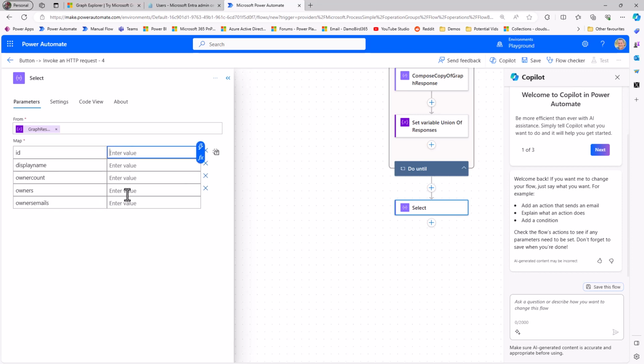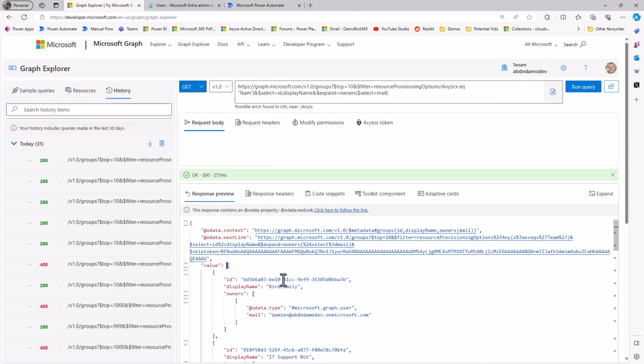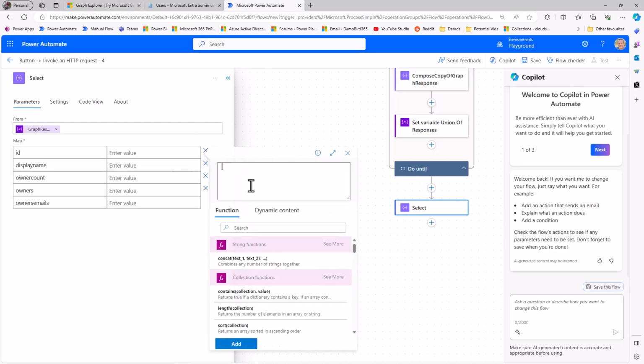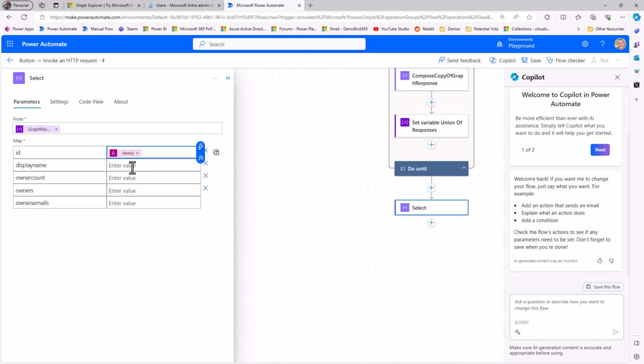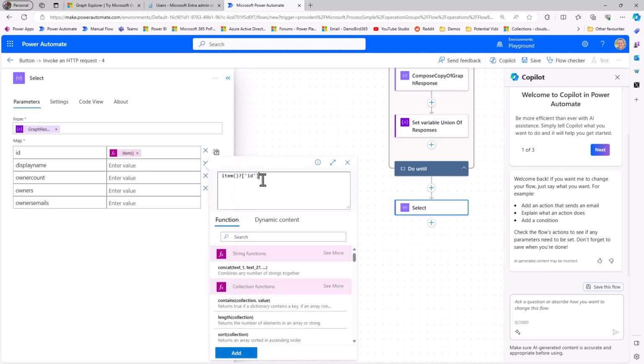So in terms of the expressions for these, it's straightforward in that we're going to be using the item expression followed by the key name. Jumping onto graph, just to remind ourselves, we can see the value array that's returned here, and we have keys for ID, display name, and owners. So we can write the expressions, jump over into Power Automate, into our expression builder, type in item with the open close brackets, square brackets and single quotes, and first one is ID. I can copy and paste that, hit add, and do the same for the rest of them. We'll change this here to display name,